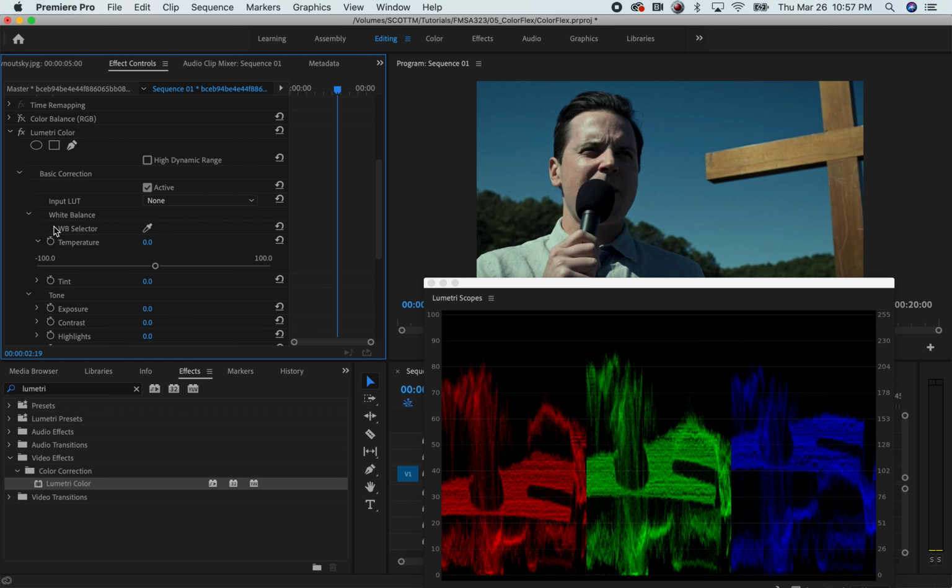Temperature. Again, you could probably find it in the Premiere documentation, but temperature, you could turn it down and technically it's cooler, right? And if I look at this, the blue is increasing. But I don't really know. Look, if I do a before, after, it's going in sort of the same direction that I want. But this is arbitrary. We don't know if it's literally multiplying, or adding pixel values, or if it's using a curve to do this. Don't really know. That's why it's better to avoid doing things sort of